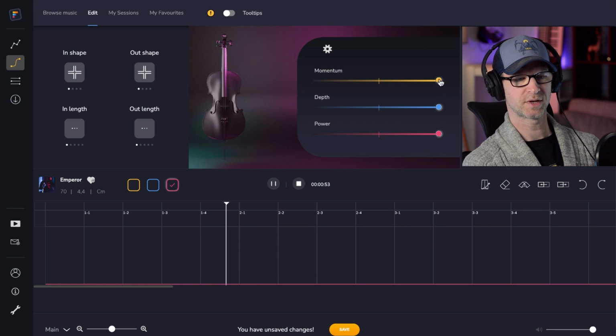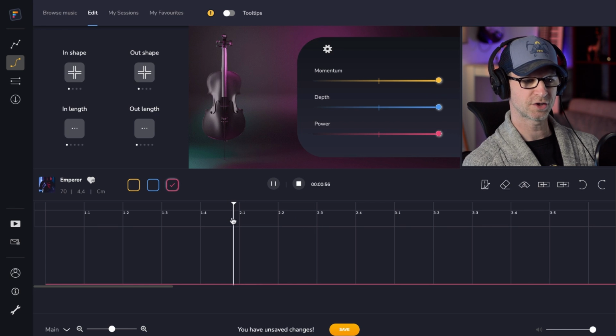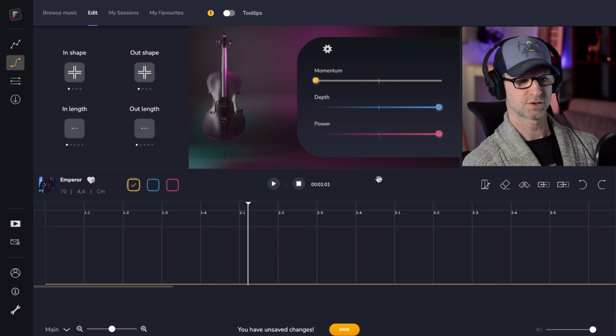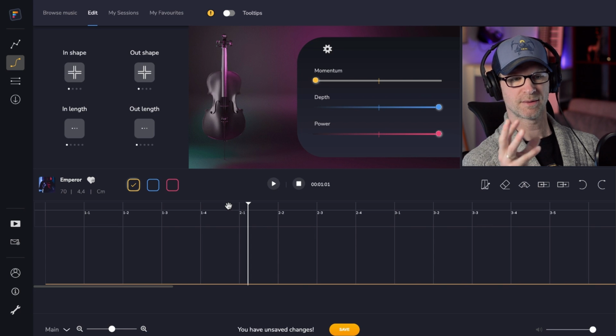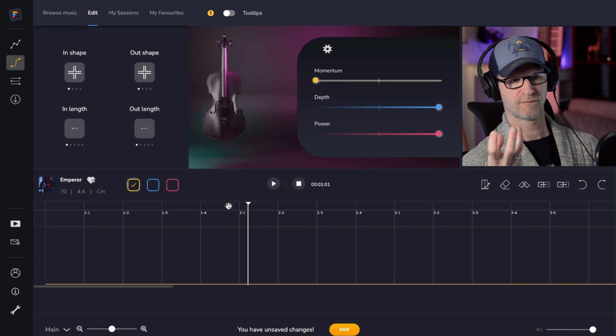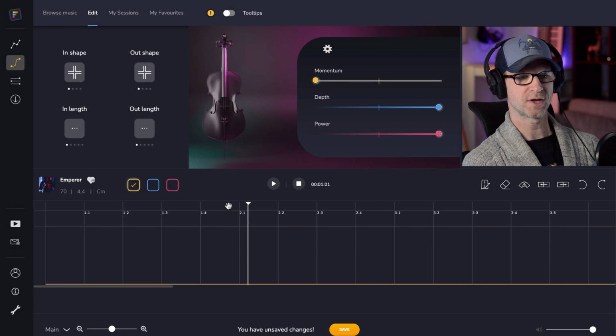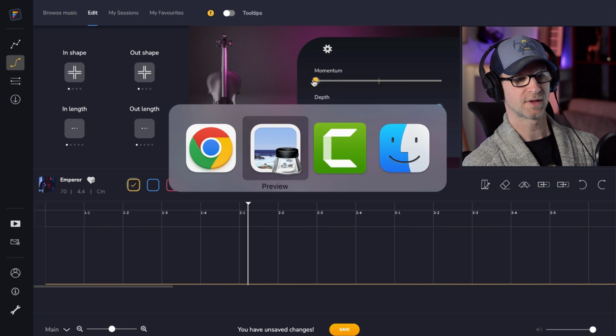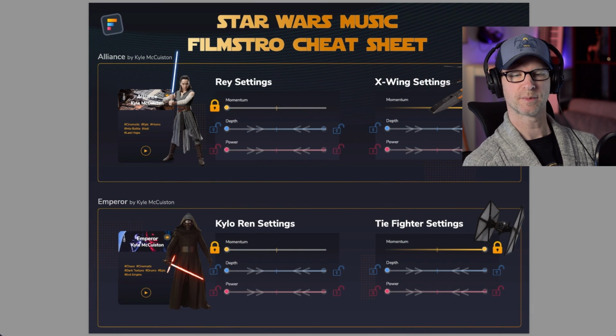And so the segueing between one and the other, you've got to be a little bit careful and try and do it to coincide with these. So it does work. They are quite different pieces, and what we've experimented with here, using these Star Wars tracks as a springboard for us to try something new, is that sometimes even the key signature and even the BPM might be a little bit different depending on the different themes that you're accessing within one Filmstro track. So when you are segueing dynamically from one to the other, and particularly in this case changing the momentum between the different settings, you just want to make sure that it works